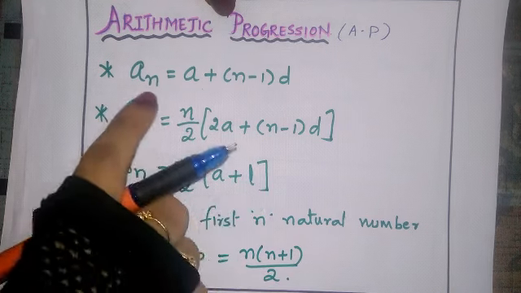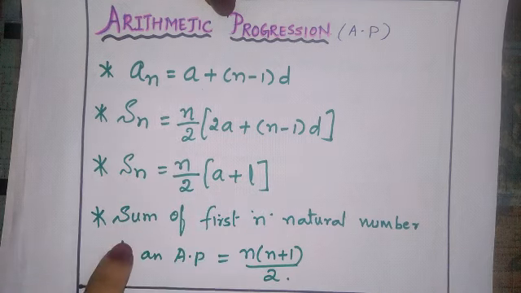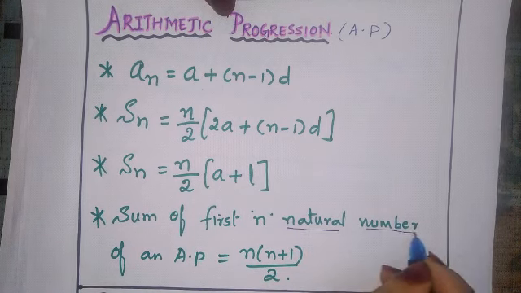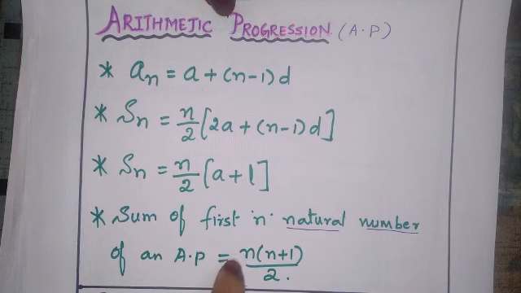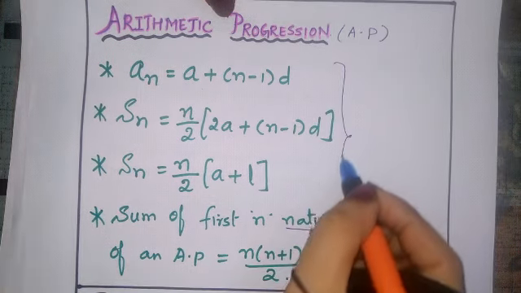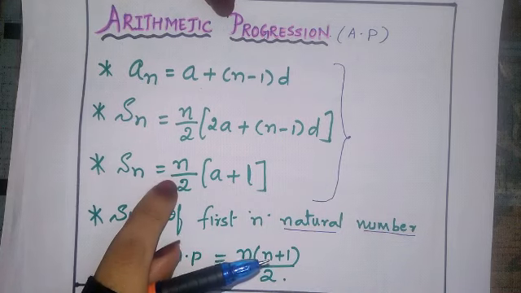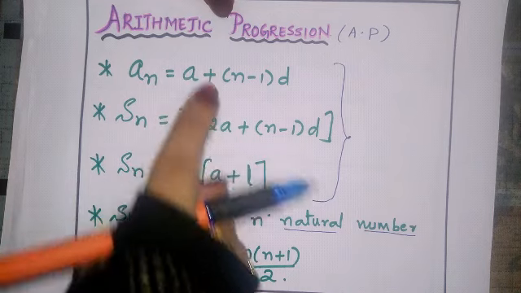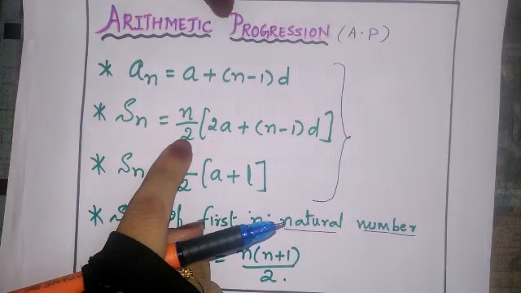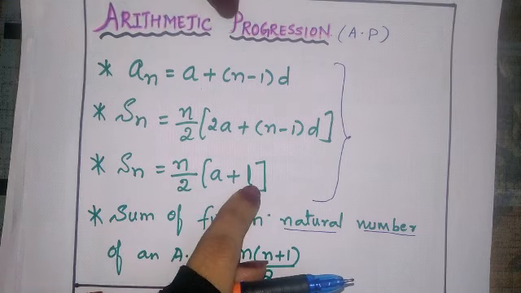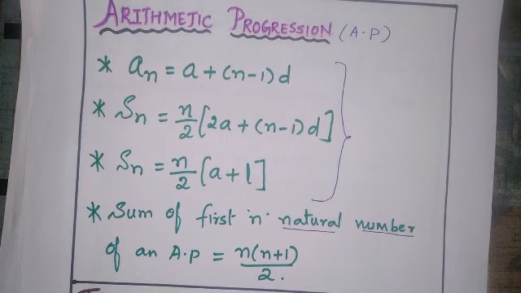So in total there are 3 formulas in AP, and there is one more, the sum of the first n natural numbers. When the word natural numbers comes, at that time we can write n(n + 1)/2. The sum of natural numbers. So the very important formulas in AP are these 3 formulas: the nth term of AP, which is also called the general form of an AP, the sum of n terms of AP directly, and the sum of n terms of AP when the last term is given. Okay. Let us go for triangles.